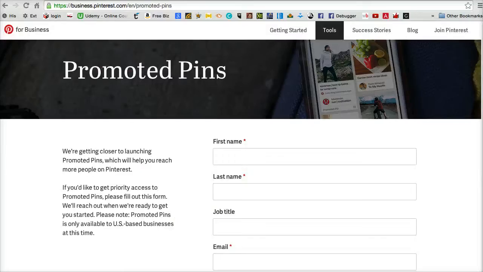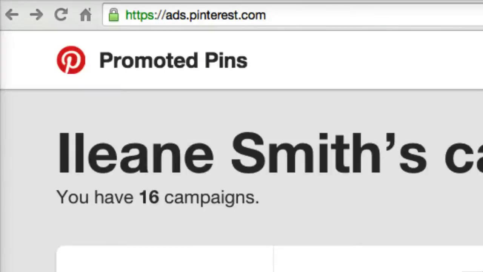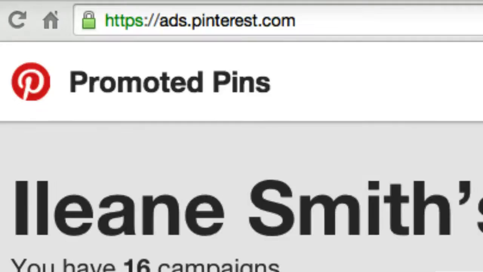The first thing you need to do is head over to the application for promoted pins on the Pinterest website if you don't have the option turned on your account yet. I should also mention that your account should be a business account on Pinterest. And once you have the ads enabled for your account, you'll go over to ads.pinterest.com in order to set up